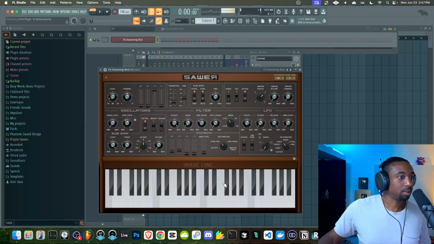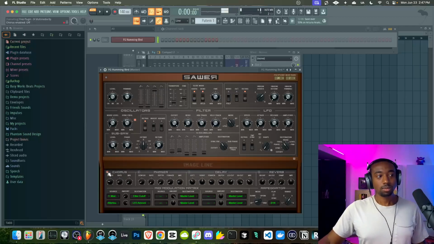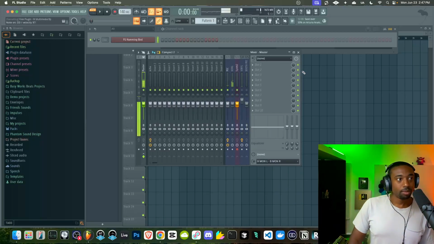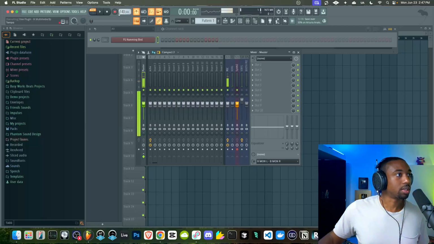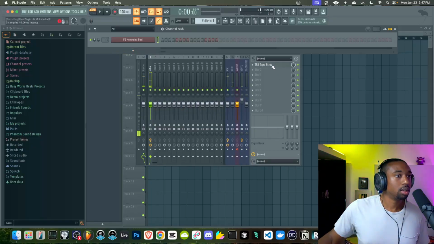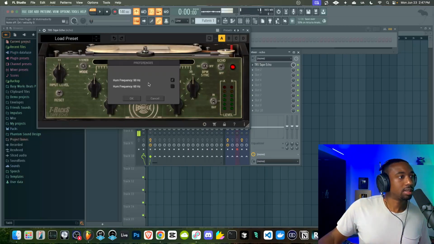All right, so we got that sound. We're going to click where it says Image-Line to turn off these effects. And then we'll mess with the filter. Let's record this in, and then we're going to run it through. Actually, when I create melodies, I like hearing it through the effect. So this not only has a filtered echo. Let's see what we have under the hood.